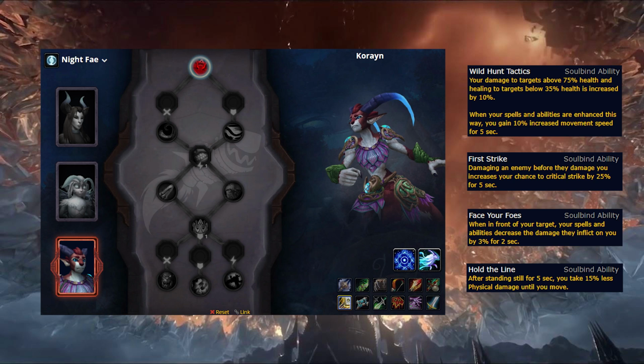Overall, Night Fae aren't a terrible option, granting prot paladins a much needed mobility increase and having some interesting buff options in Blessing of the Seasons, as well as some strong Soulbind options. In most cases, however, they do tend to fall behind both the previously mentioned Kyrians, as well as our final